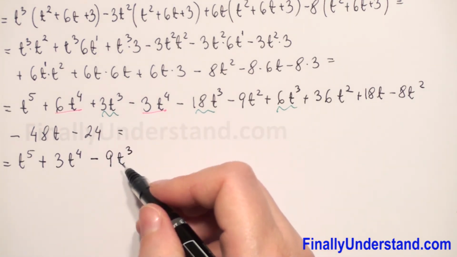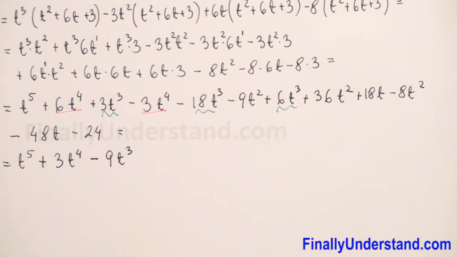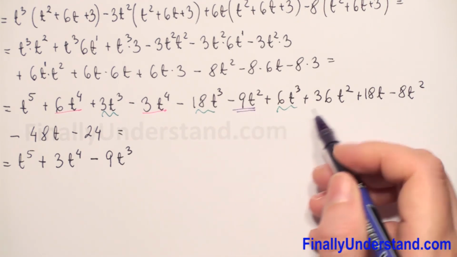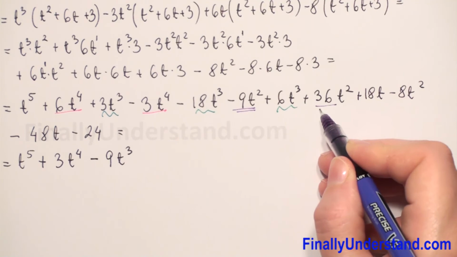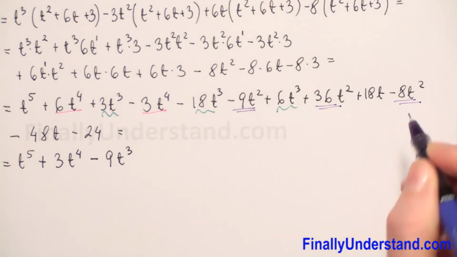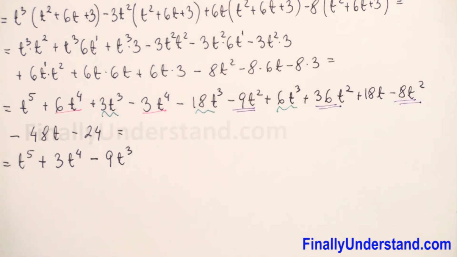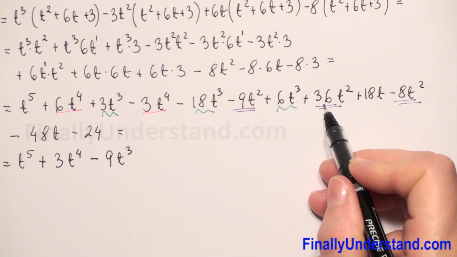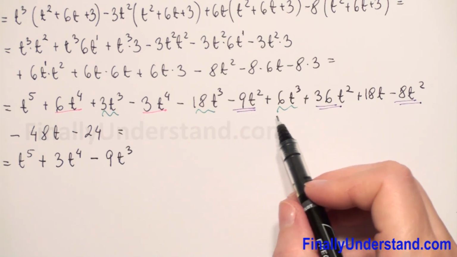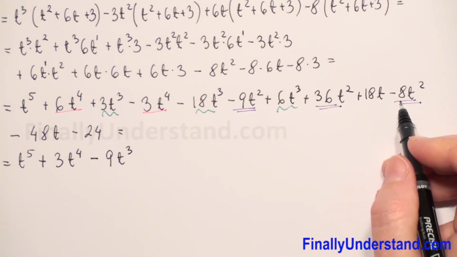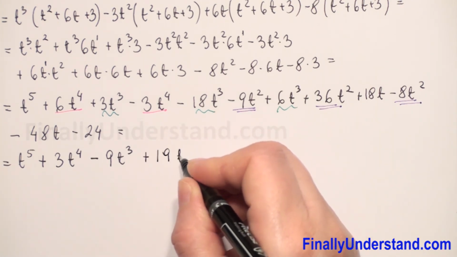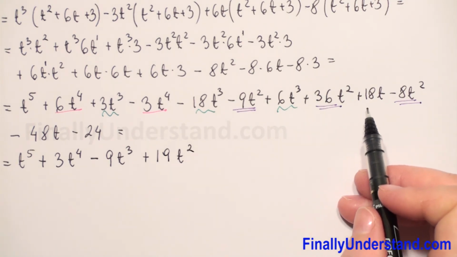We have to rewrite. And next we have t squared, negative 9t squared, positive 36t squared, and negative 8t squared. So 36 minus 9, this is 27, and 27 minus 8 is 19. So we have positive 19t squared, and next we have 18